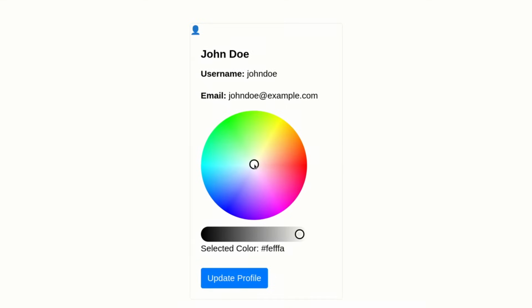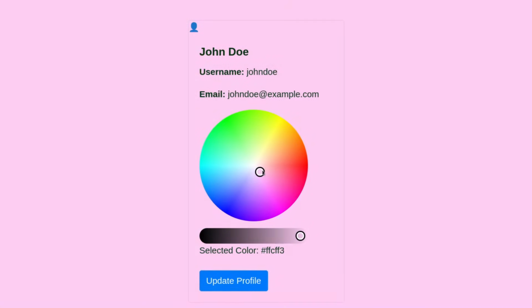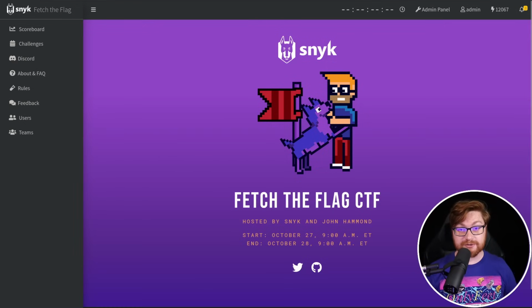This simple web application allows you to set a color for your profile picture with this color wheel picker, but it has a vulnerability and can be hacked. This is one of the challenges from the Sneak Fetch the Flag CTF competition that I co-hosted with Sneak this